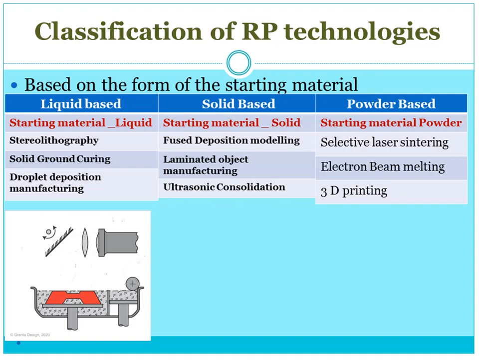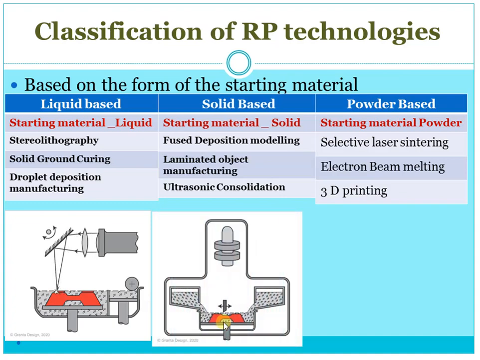The first one is selective laser sintering. In that, instead of liquid and solid, we are using some metallic powders to manufacture the parts, and as the laser rays come in contact with this powder, it gets solidified. It means it gets melted and then bonded together. One roller is used with a powder reservoir to make one layer of this powder on the surface.